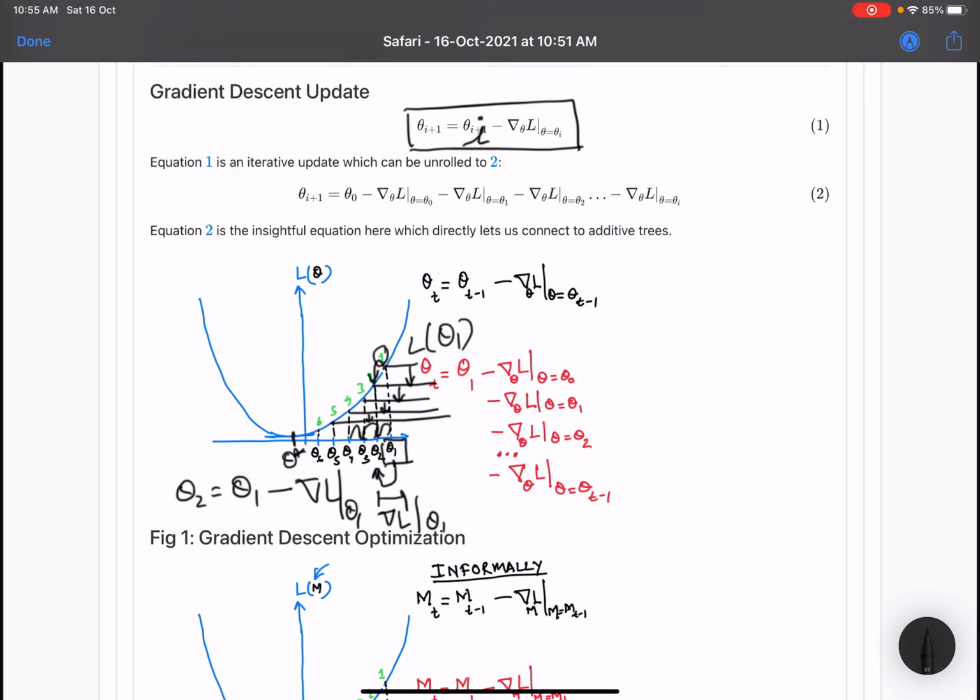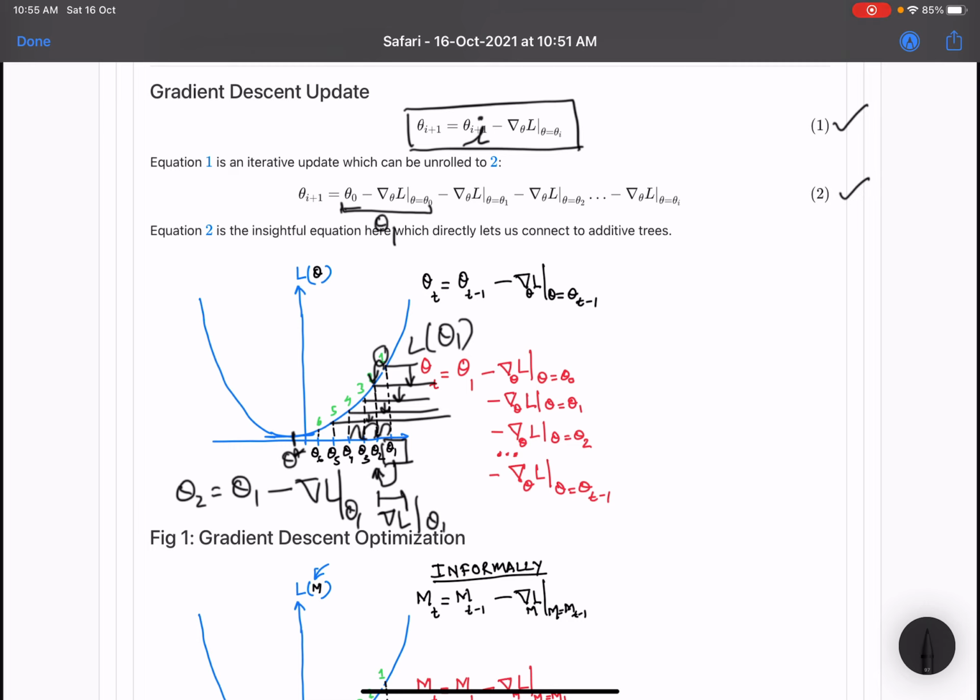So equation 1 can be rewritten as equation 2, right? So you start from some theta 0, then you do your first update on theta, which will be theta 0 minus gradient of loss at theta 0. So this becomes my theta 1.